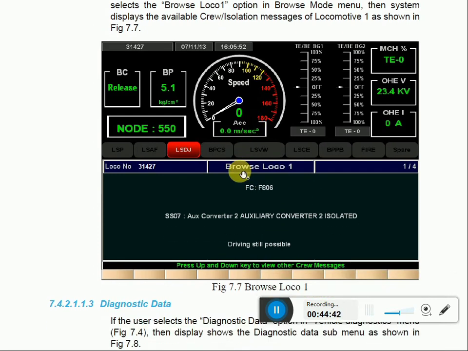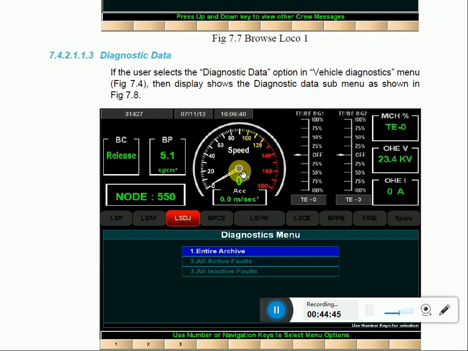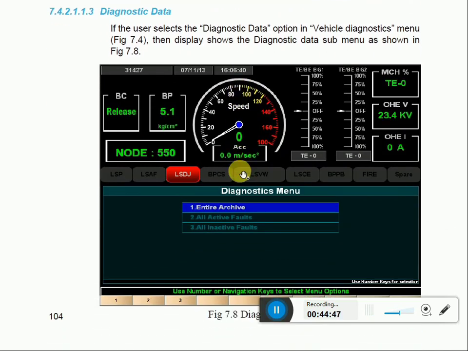Next, the diagnostic data set. In the diagnostic data set, background messages, we can see all archive faults or all active faults.